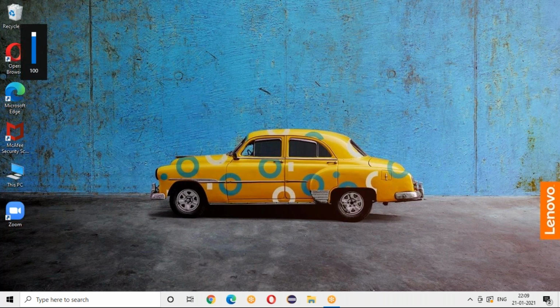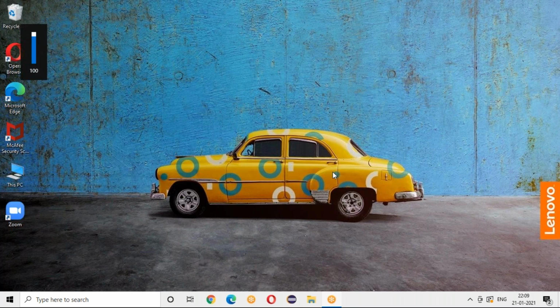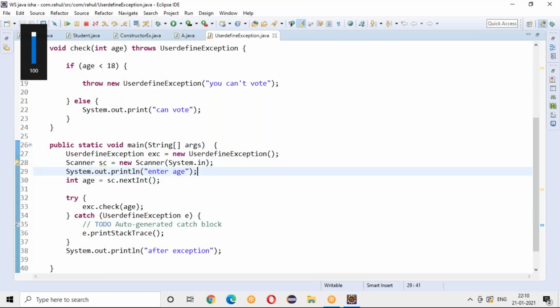And what about the public access specifier? Public is the one that can be accessed anywhere, within the package and outside the package, so it has the most accessibility. Private has very limited accessibility, only within the class itself. Protected has accessibility with child and parent: I can access it outside the package also, but there must be a child and parent relationship. And default cannot be accessed outside the package. I hope there are no queries on access specifiers, right? Fine.